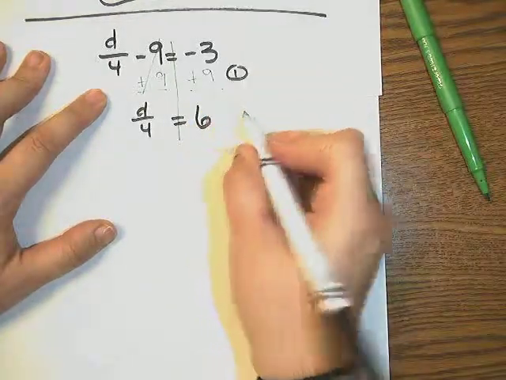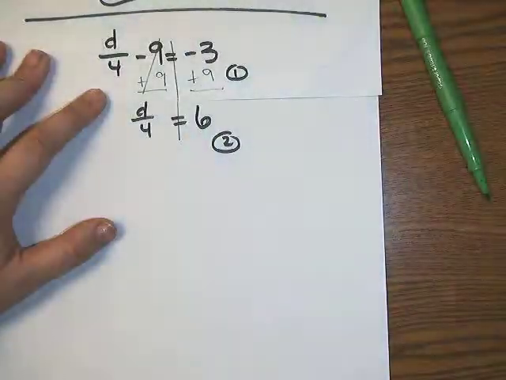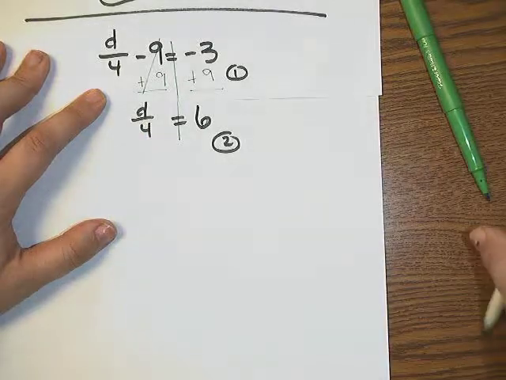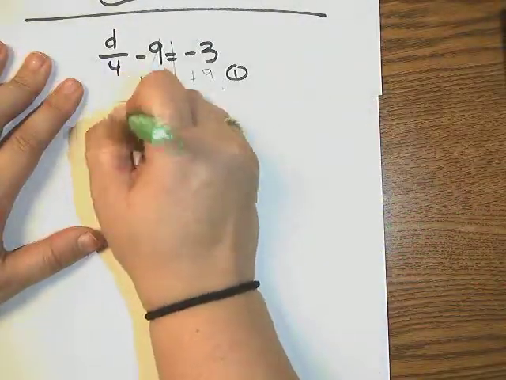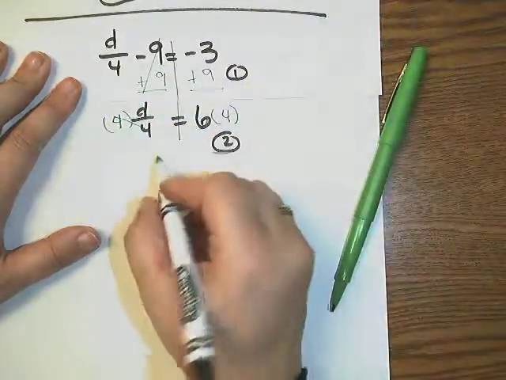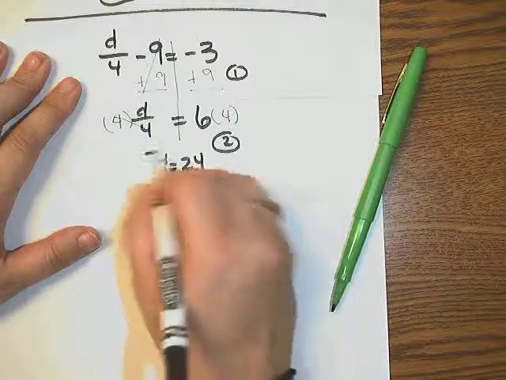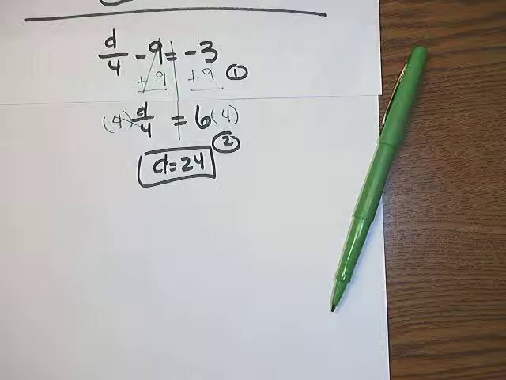What's left on the other side? D over 4. And someone said 0. And yes, 0 is there. Do I have to write 0? No. Okay, so step 1 is undo addition or subtraction. Step 2 is undo what? Multiplication or division. So right now, D is being divided by 4. So what's the opposite of divide by 4? Times 4. So now D equals what? 24. Okay, so we're doing the exact same things that we were doing, but we're just